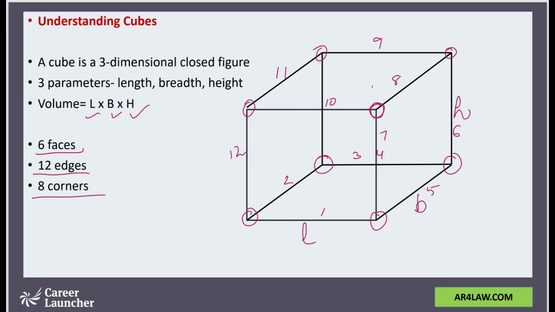Okay. Now a cube happens to be a three-dimensional figure, but when we plot it in two dimensions, at a time we can only see a maximum of 3 faces. The other 3 faces are going to be hidden, and you need to use your visualization and imaginative power of your mind to think about those hidden 3 faces. Let's see how we put this into practice.